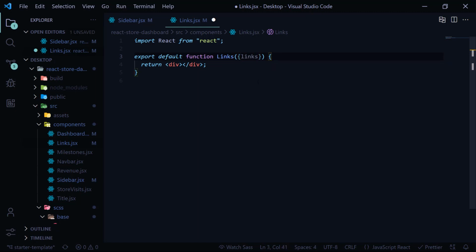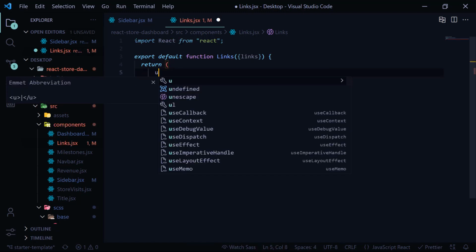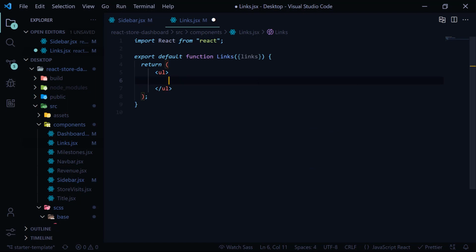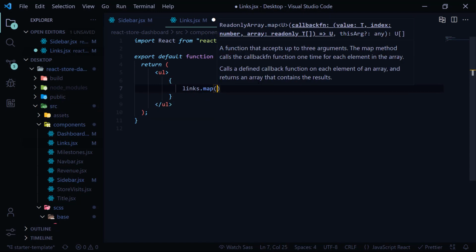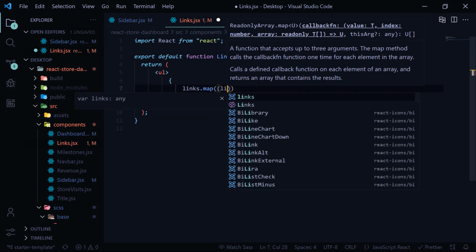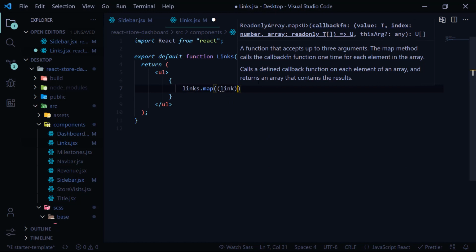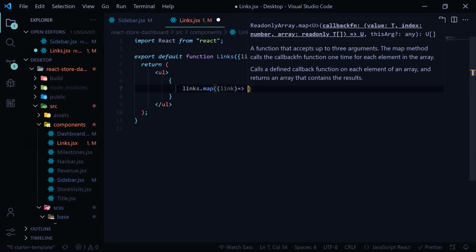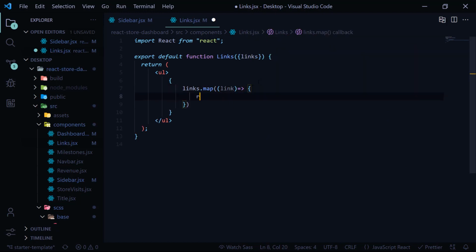That would be an array, and what we'll return from here is an unordered list. Open the curly braces. We'll type links.map. We need the link from the data and we will return